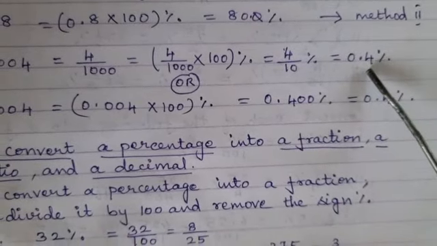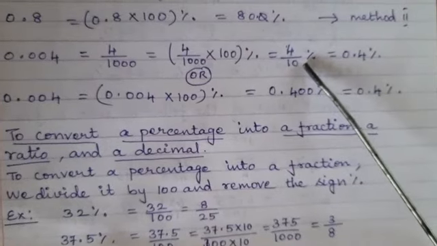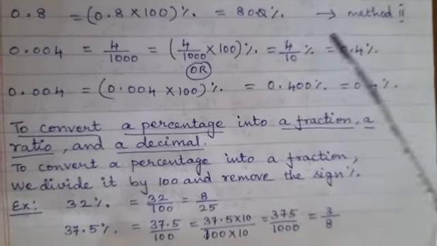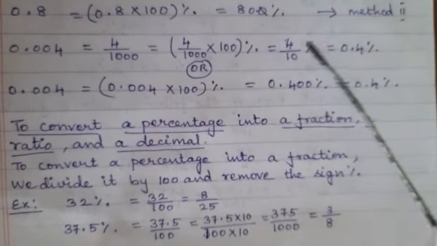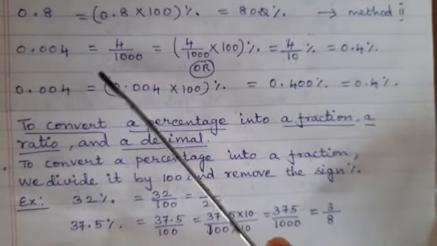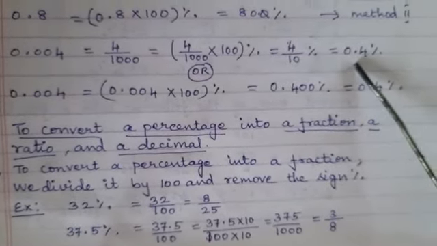If the decimal is given, after converting into percentage also your answer will be in decimal only. You have to write it in decimal only. So be careful while writing. If a fraction is given, after converting into percentage, the answer will be a fraction or a whole number like this. If it is a ratio also, the answer will be a fraction, and if it is a decimal, after converting into percentage, the answer will be in decimals only.